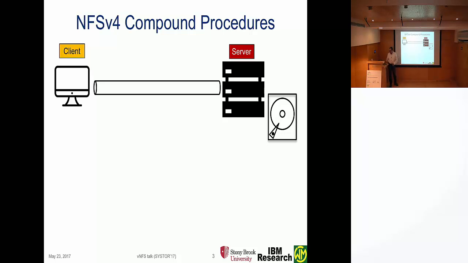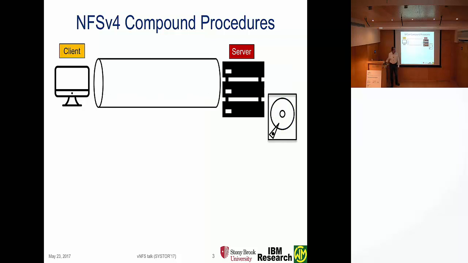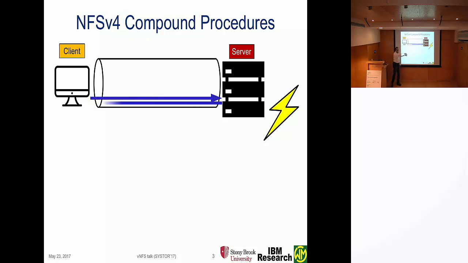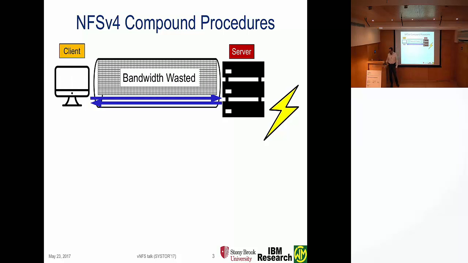In the old days, you had slow networks or thin pipes and slow disks. So every request had to go all the way to a slow disk, wait for the platter to rotate, and then come back, right? But nowadays, we have thicker pipes and flash disks, so things can go much faster, but still we're doing this one call and coming back, wasting a lot of bandwidth.